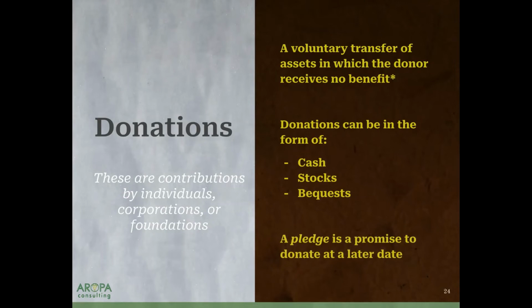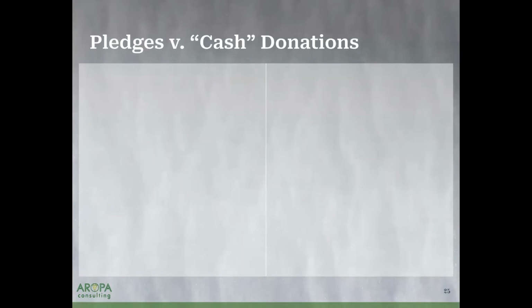So I want to also emphasize that there's a subtype of donations called pledges. And a pledge is a promise to give or a promise to donate, but at a later date. So say instead of writing a check for $1,000, I'm telling my local Humane Society, I'm going to give you $1,000 over the next year. I'm just not writing the check for $1,000 right now. That is a pledge. That is a commitment to give. So let's talk about pledges versus cash for a moment, because that's really important to note.